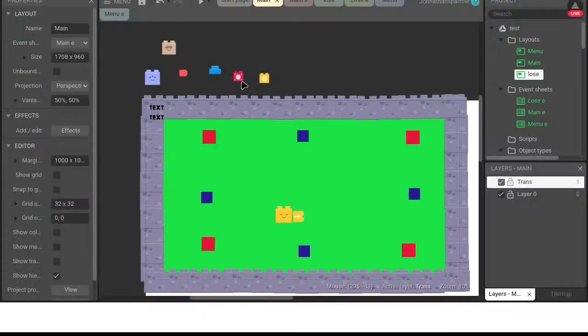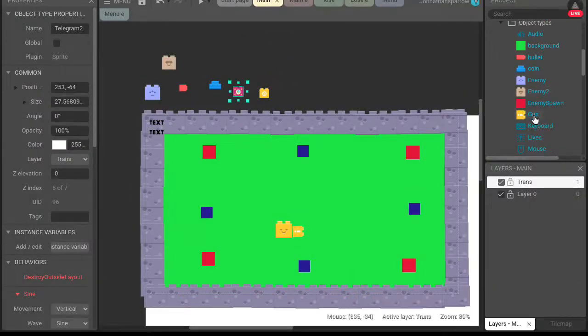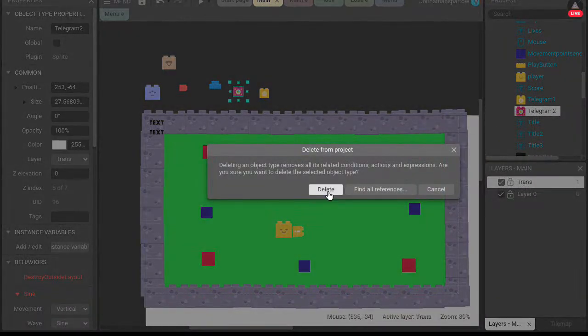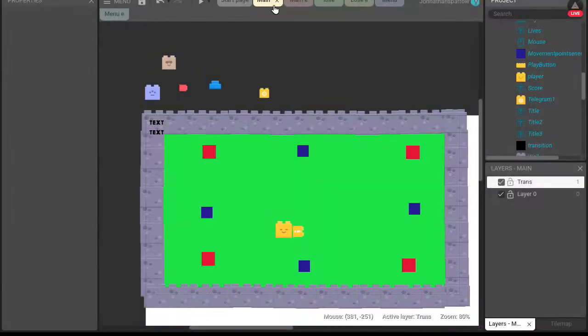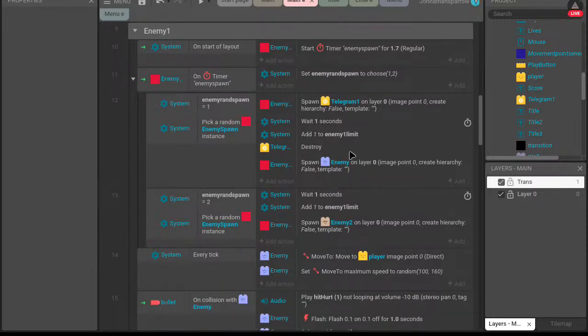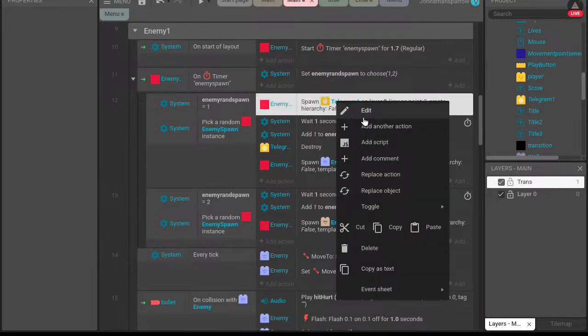You know what? I'll just delete the Telegram too, because to me that doesn't look good. So what I am going to do now is have it send me a Telegram.